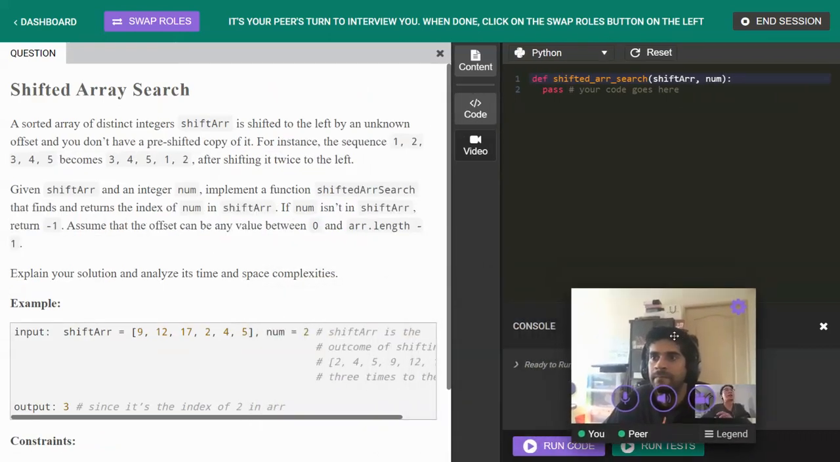Now you see me struggle. Shifted array search. Let me see what I get. A sorted array of distinct integers. The array is shifted to the left by an unknown offset, and you don't have a pre-shift copy of it. For example,